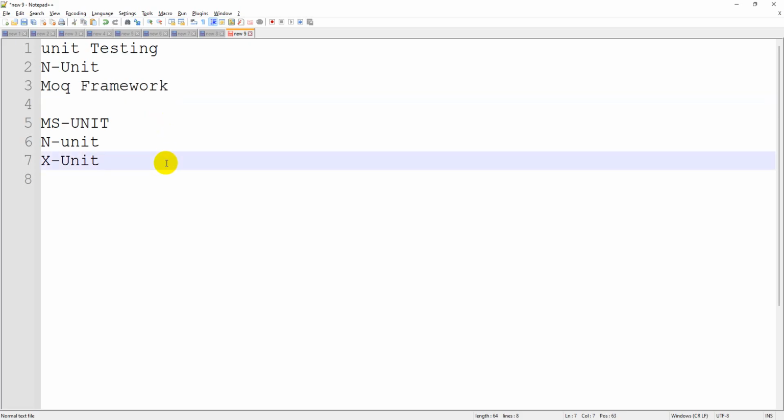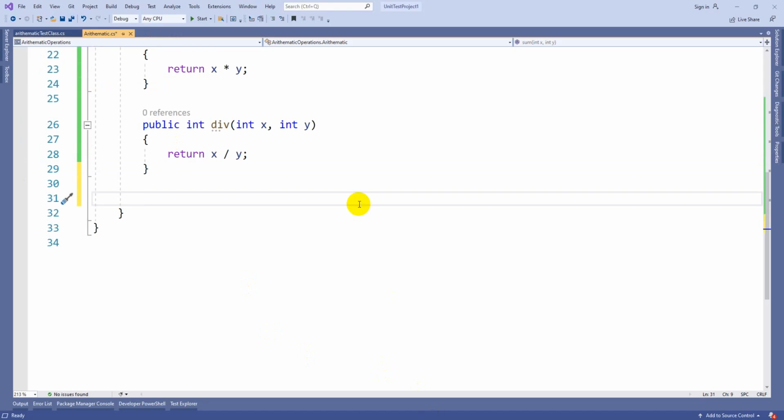I am going to repeat once again, guys. The mock framework will be used whenever you want to bypass the result of a particular code, when the code was not implemented 100%. At that time you can use this mock framework to bypass the result of a particular code, not in the test, in the code. Now let me show you a quick example so that you can easily understand. It is very small one.